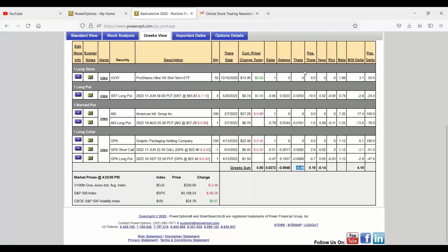The negative theta here is showing for all the other positions I have open. But this would be a positive theta structure with income method number 1. Probably with income method number 6, I could do it too, and still be a positive theta in that case. But by definition, Fernando, what's a married put? Stock plus put combination of any kind. That by itself will always be negative theta because we bought an option that has a negative theta. That's where the income method comes in to put you in a positive theta position as we go forward to June expiration, 14 days away. I'm still thinking it's mid-May. So anyway,